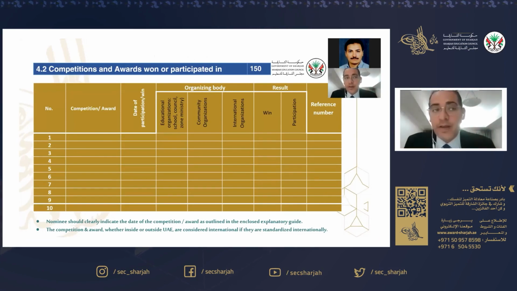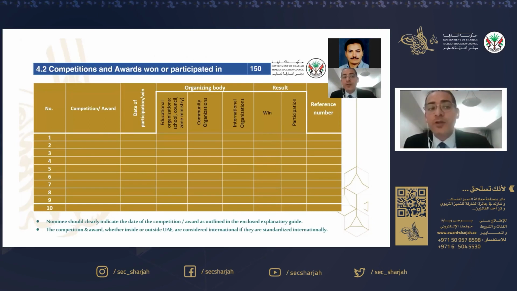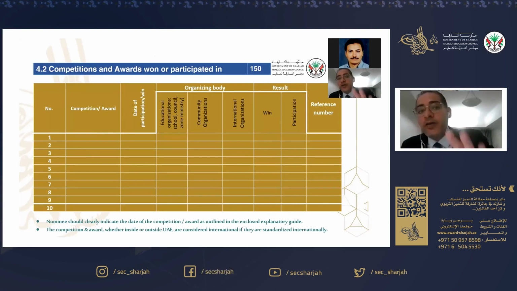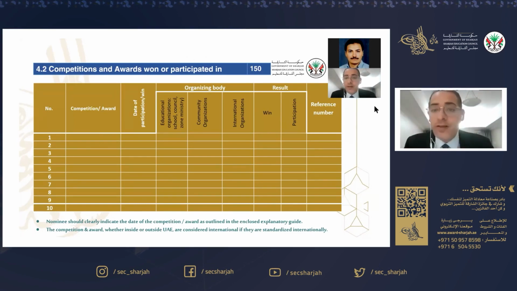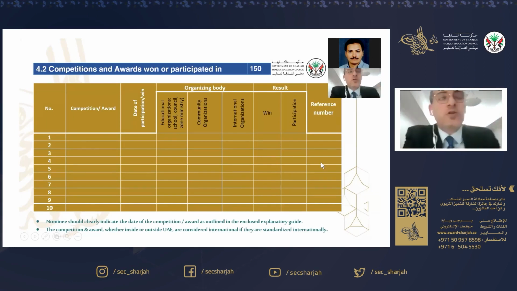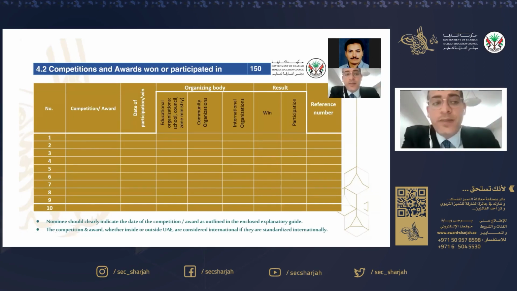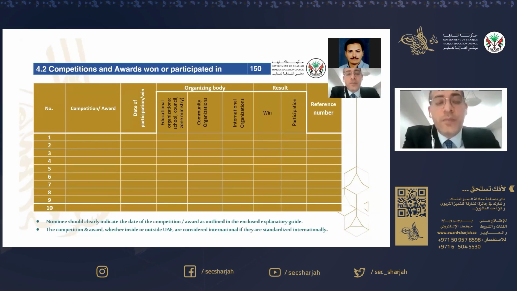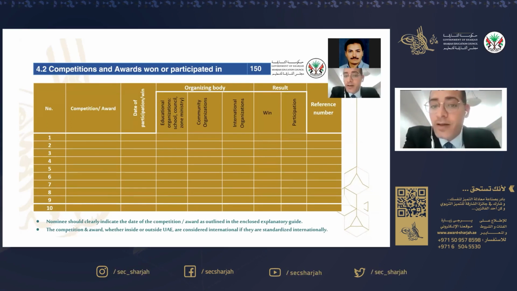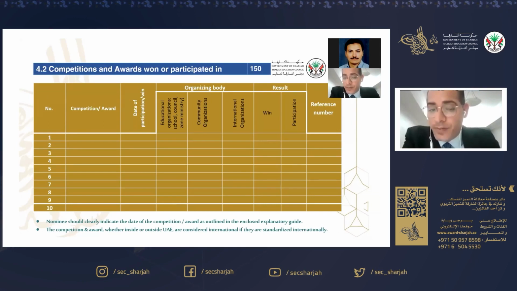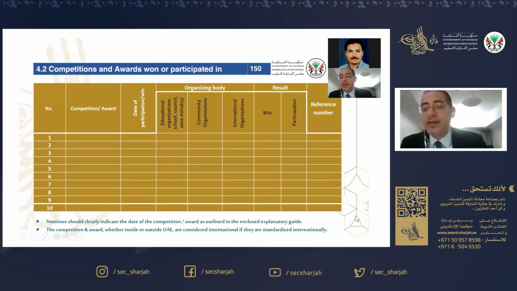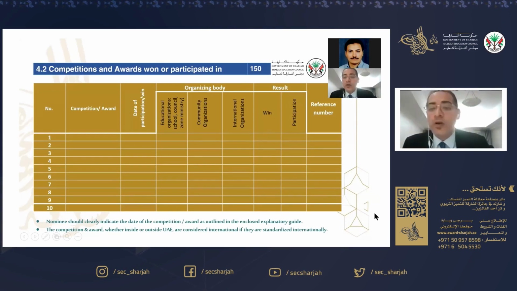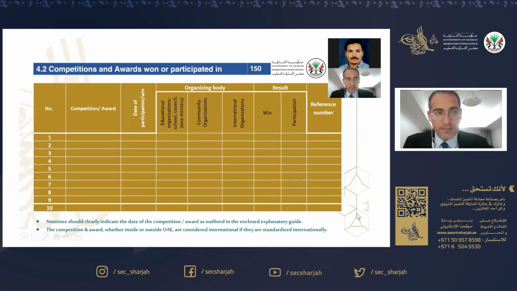And remember, we need the competitions that you participated in, either participated in or won. So if you won this activity, let's say, again, let's go to the mental arithmetic. You participated in a mental arithmetic competition, you won, so you tick the column win. If you didn't, you tick the participation column, and of course, you should provide the evidence whether for winning or participation.